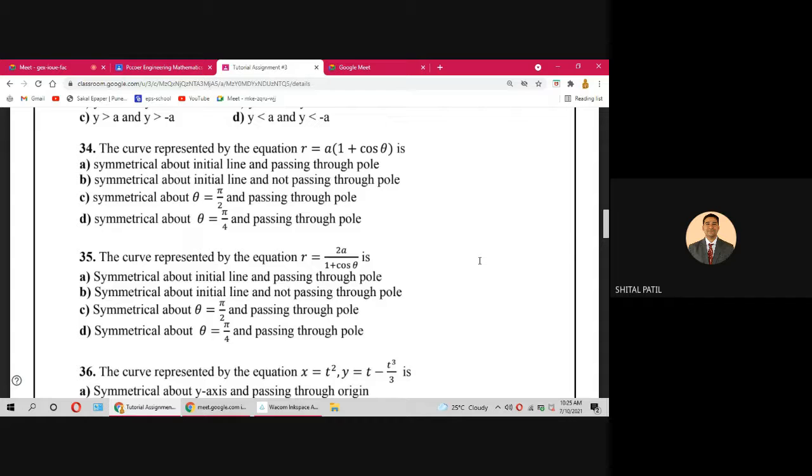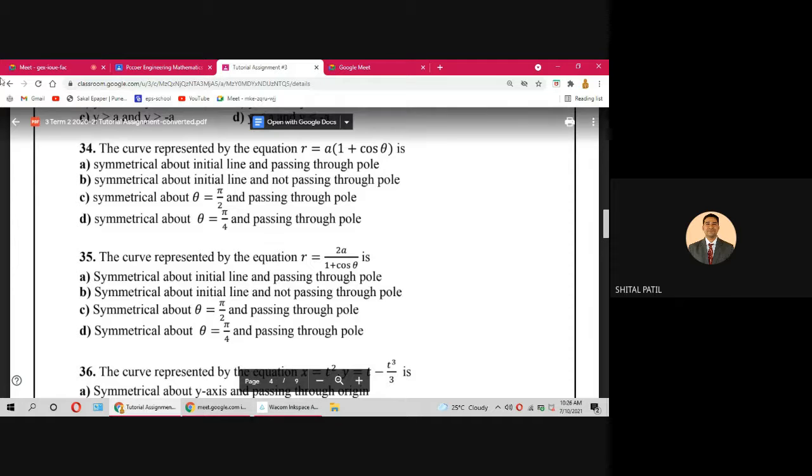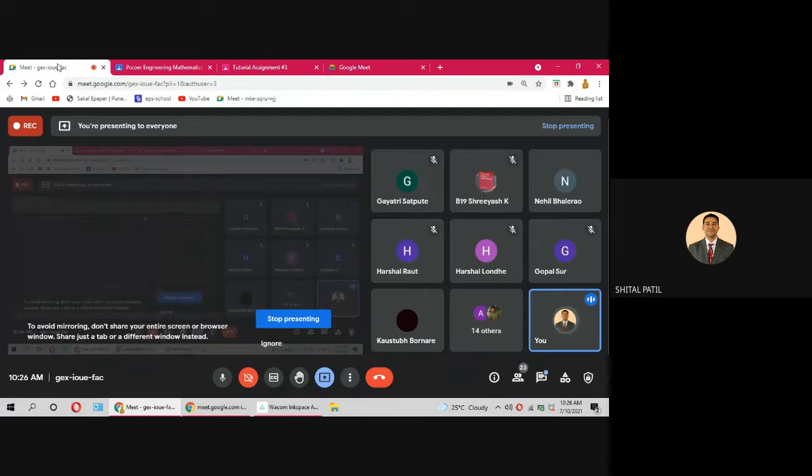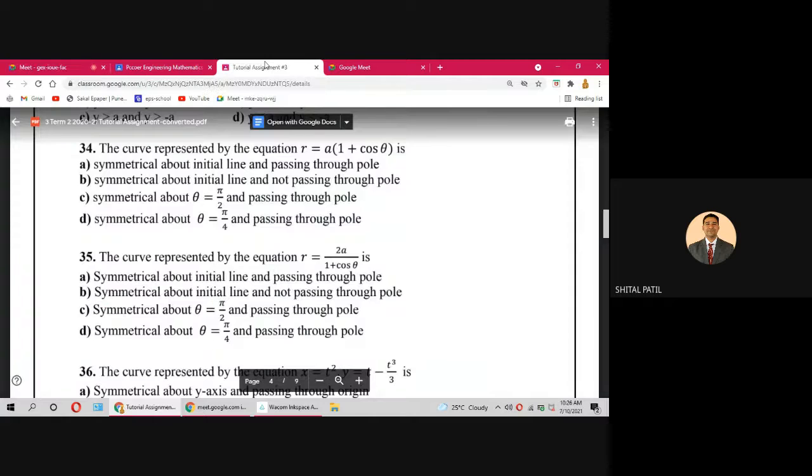1 plus cos theta equal to infinity. That is cos theta equal to infinity minus 1, that is infinity. Cos theta equal to infinity. Now, is it possible that there exists a theta such that cos theta equal to infinity? No, not possible. The maximum value of cos theta is 1 only, where cos theta lies between minus 1 to plus 1. So the conclusion is that there does not exist theta such that r equal to 0. So, the curve is not passing through the pole.